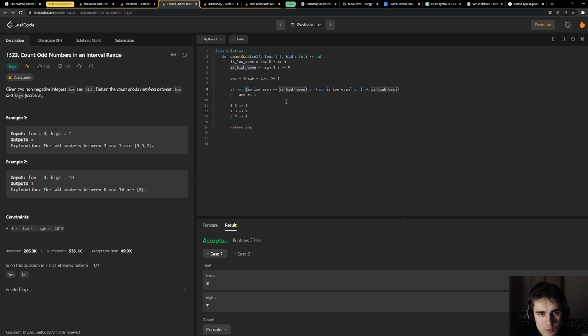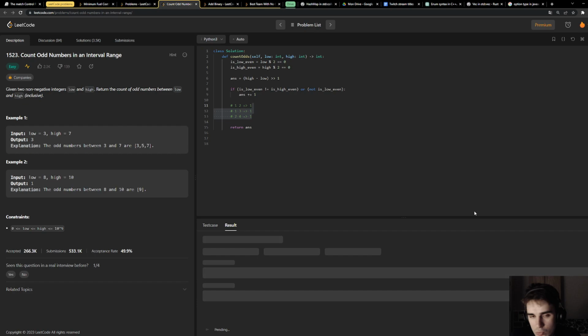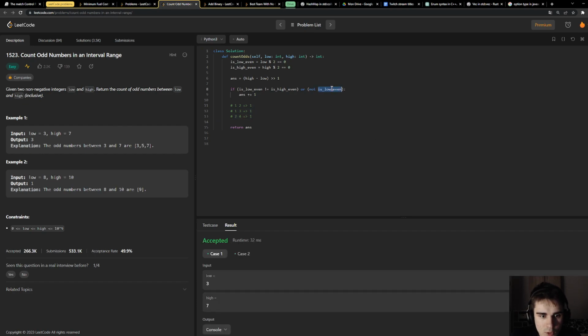If not, I think I have an extra condition that I can just remove, because if this condition is true, or not is low even, then we increment by 1, right?